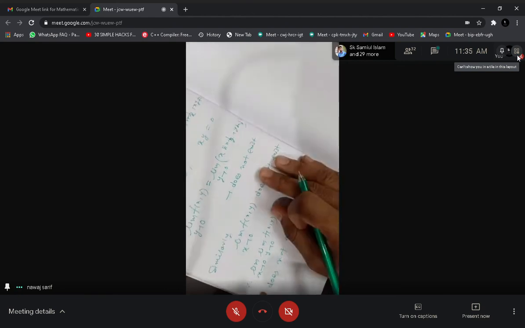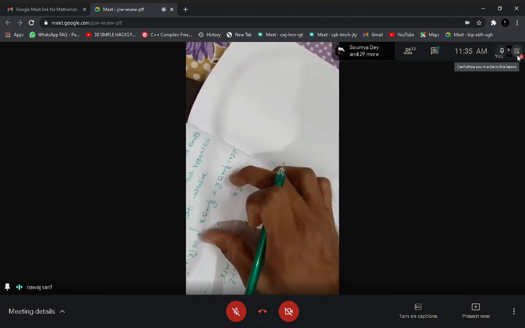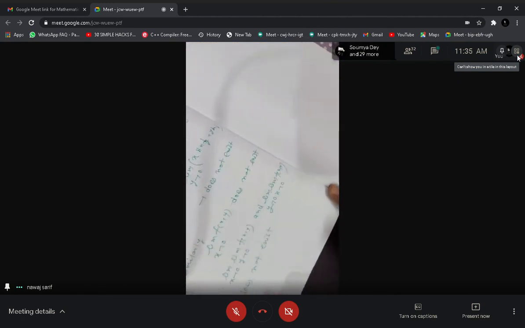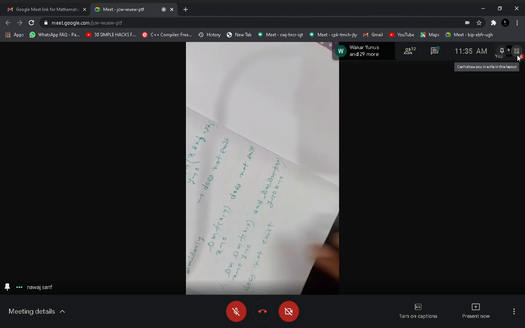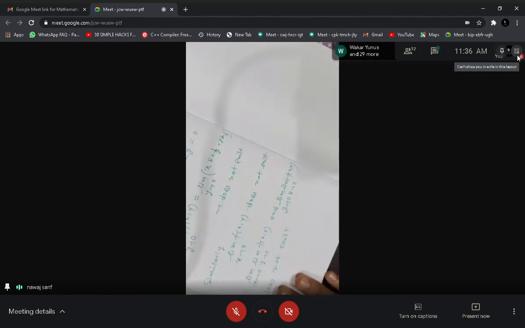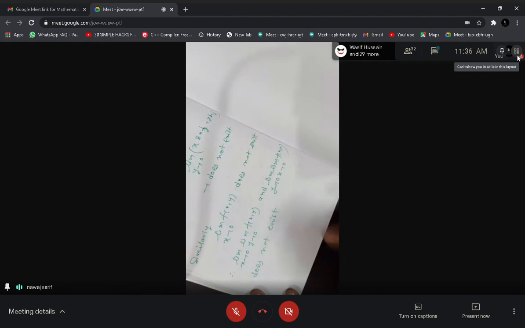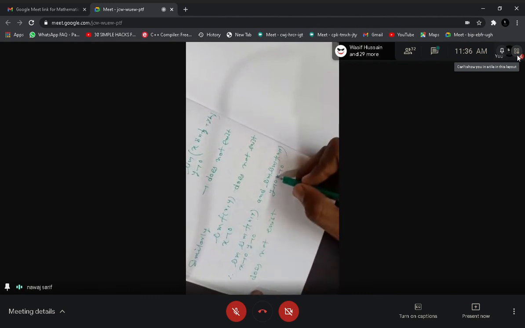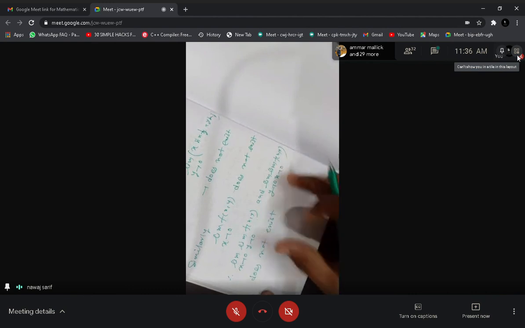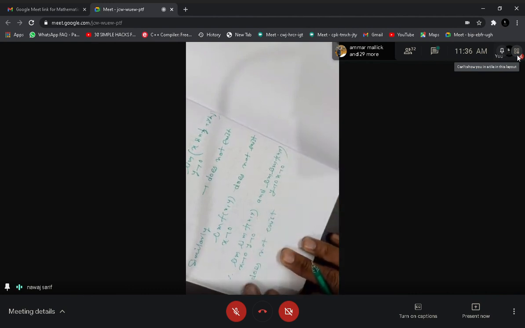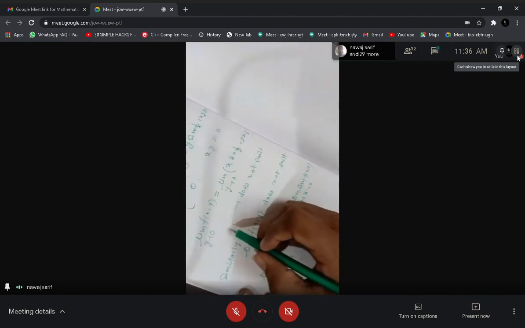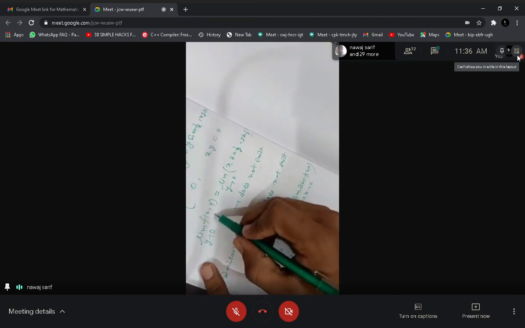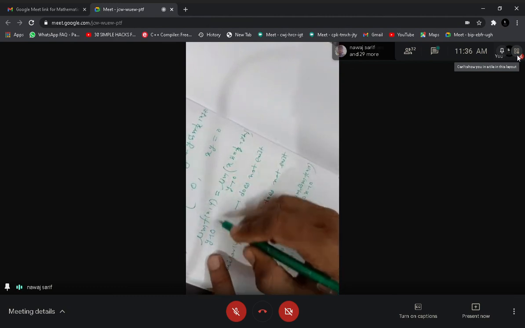Now you have to show that the limit exists but the repeated limit does not exist. The repeated limit is your limit x tends to 0 of limit y tends to 0 of f xy, and these two do not exist, so the repeated limit does not exist. So if you choose the limit y tends to 0 of f xy, then the limit y tends to 0 of f xy does not exist. That means what?